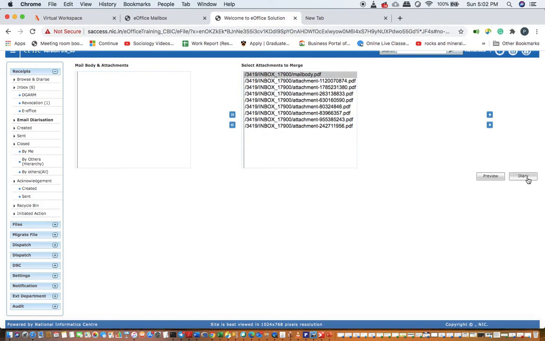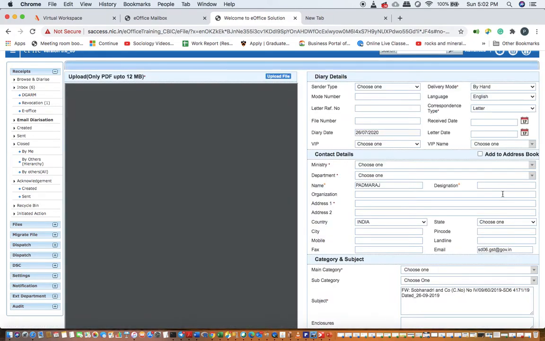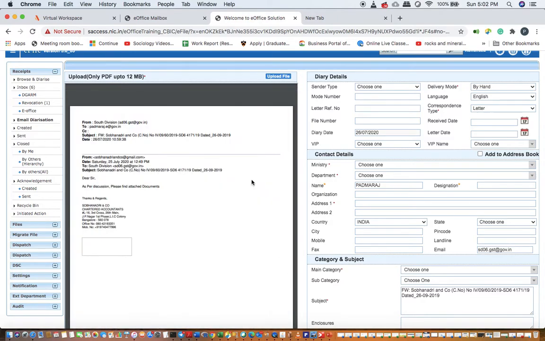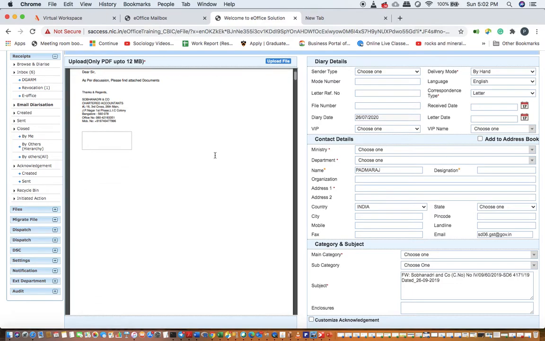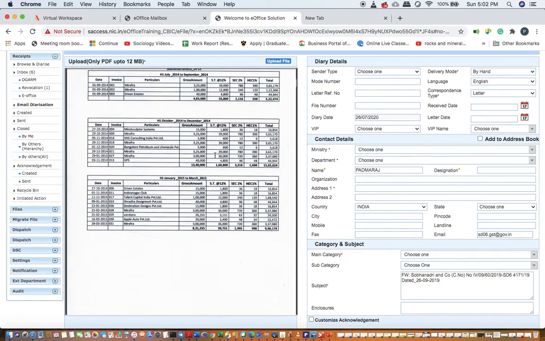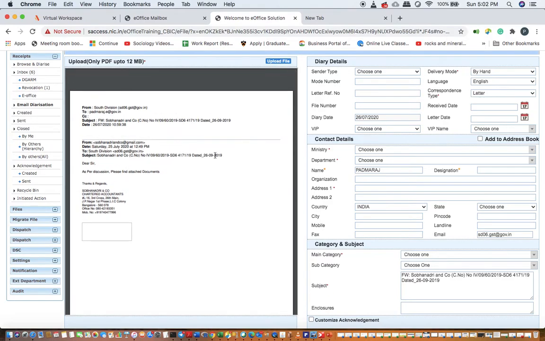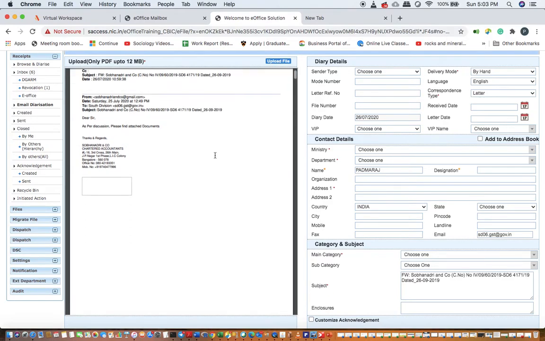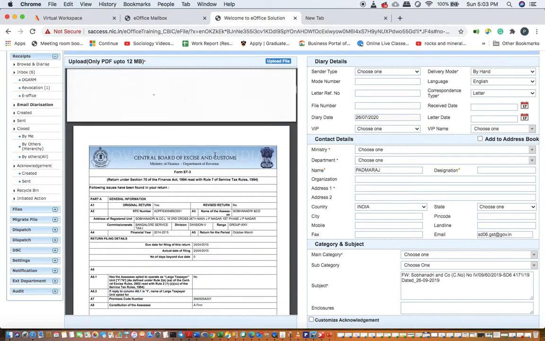Now what I will do, I'll have to diarise it. So remember what I said, any Tapal, if we have to send it to another person, how it is converted to e-office, the Tapal, be it by mail, be it by post, it has to be converted to a receipt after diarising it. So what I'll do here, I'll have to click on diary. Okay, I clicked on diary. See here, so how this will look like. So this is the receipt. So all the attachments are diarized. I said the mail body I had brought it to the front, the mail body is there, and all the attachments with the mail are there in this PDF.